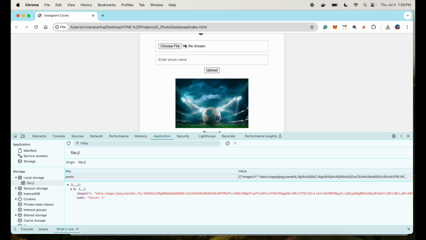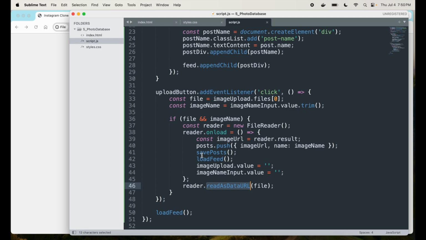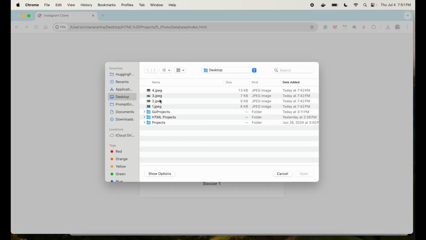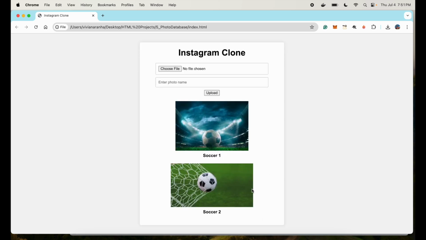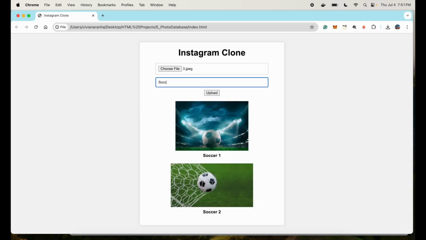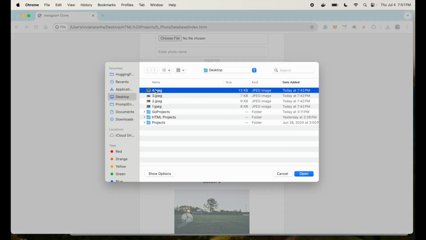The name soccer1 is added here, and this is cleaned up, if you see here, and this shows up in the feed because I'm calling loadFeed, which loads the feed here. I'll pick another image and call it soccer2, upload, and it's added. I'll add one more, soccer3, upload, choose file,